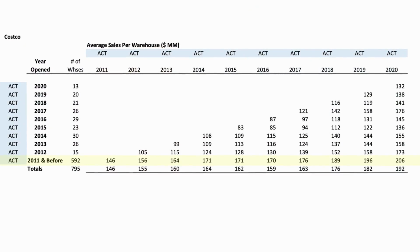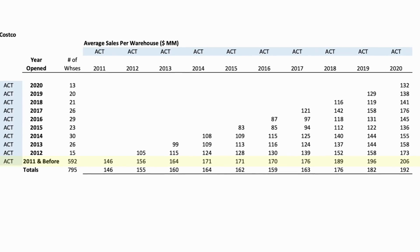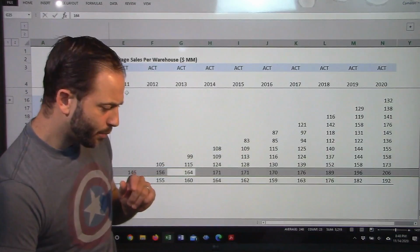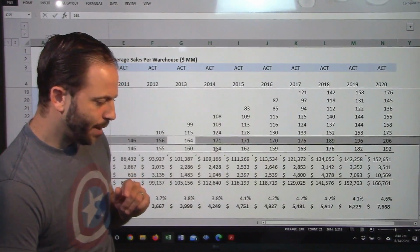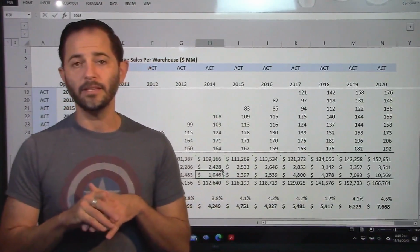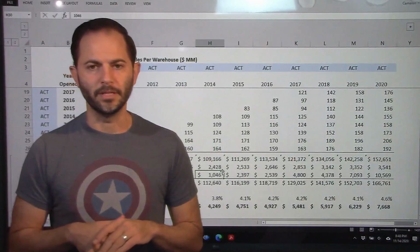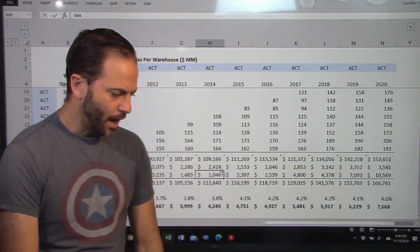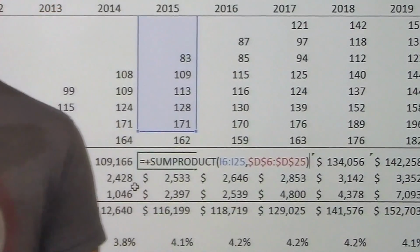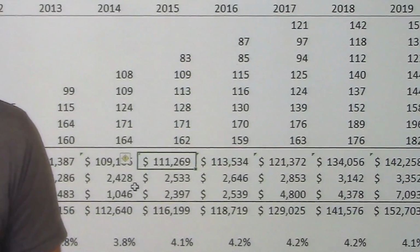So this is basically every store they've ever opened that's still in existence, and its average revenue per store. Now, here's where we get the fun part. If I expand this down, and this is me pushing into what they gave us, but basically building out a revenue model so we can estimate what their EBITDA is and get a feel for their numbers, I can take average revenue up above times the number of stores that they have on hand and get an estimate for